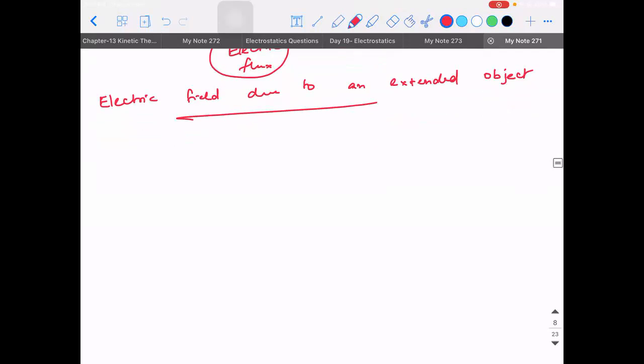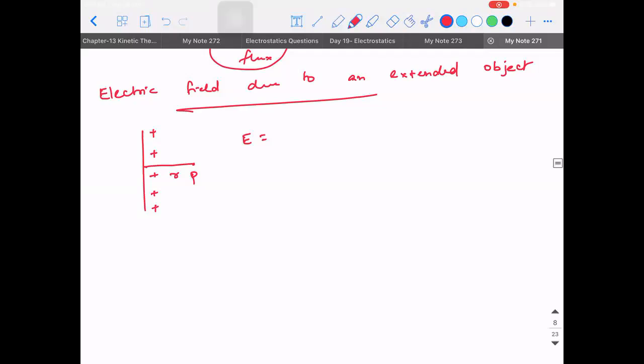That's why we take a linear charge and a surface charge and all those things. With respect to a linear charge, what are the important parameters you recollect from the derivation? Suppose I have a linear charge and at a distance r at a point P, if I want to calculate the electric field, what does the answer come out as? Lambda divided by, hey, all these things should be at your fingertips. 2 pi epsilon naught r, correct?